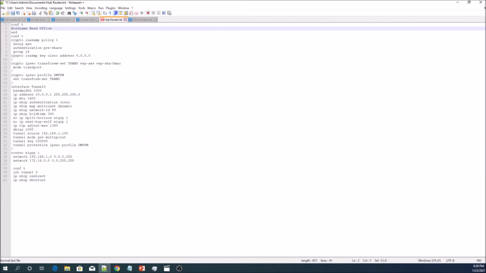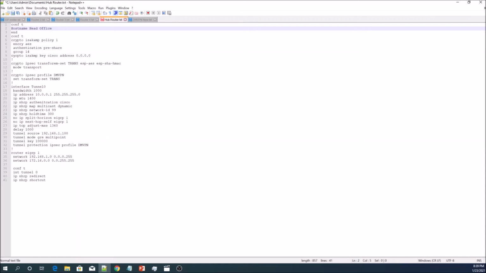This is my head office policy for my DMVPN, my ISAKMP policy. For Diffie-Hellman I chose group 14, my type of encryption is AES, and my authentication is pre-share. I'm basically allowing all the different subnets using the wildcard 0.0.0.0,